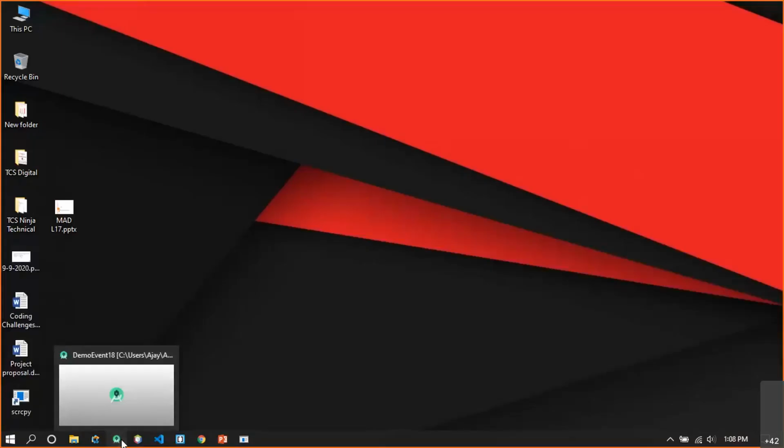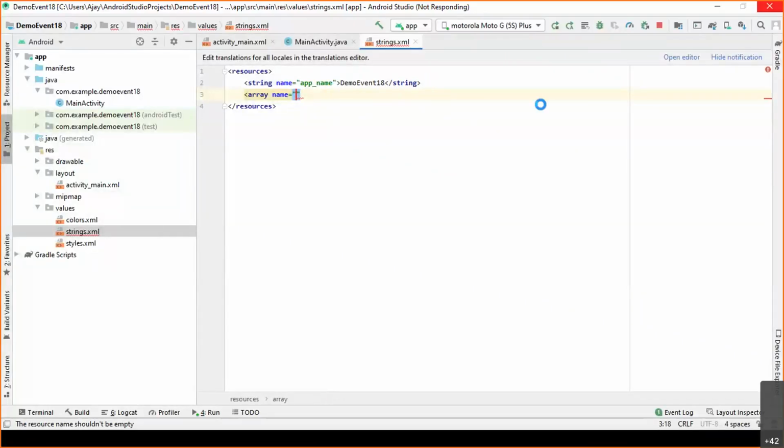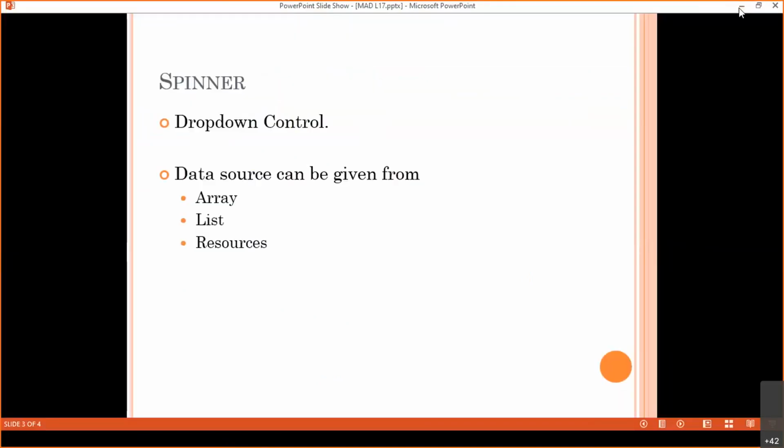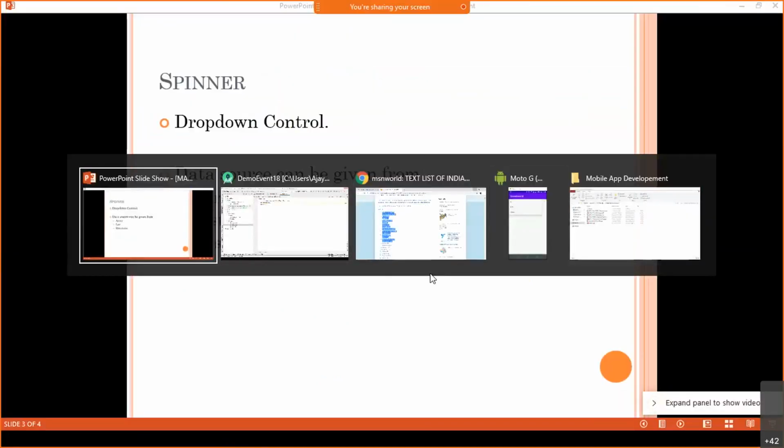Again, the problem of lag. Let's wait. As you can see, Chrome and Android Studio are running simultaneously, so that's why there are some lags.